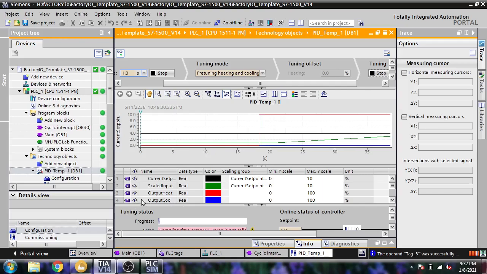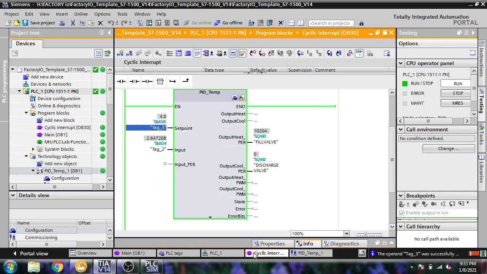Now I think our PID is going to tune. I think our PID has now tuned. So let's check. You will see it is now working.